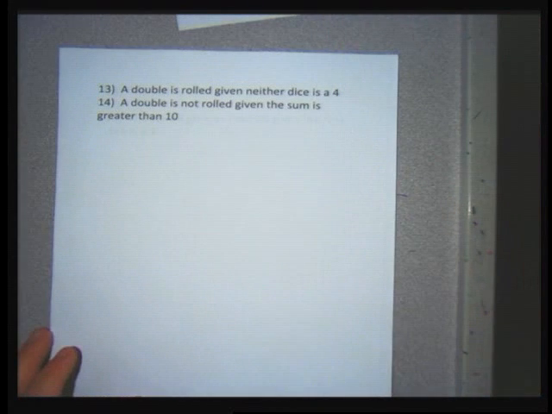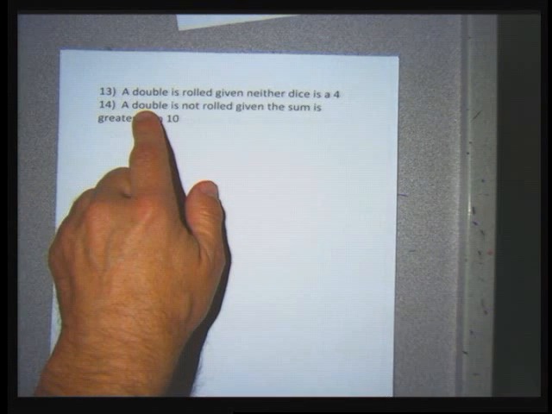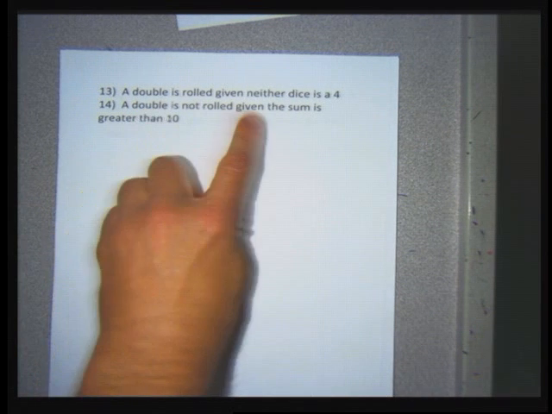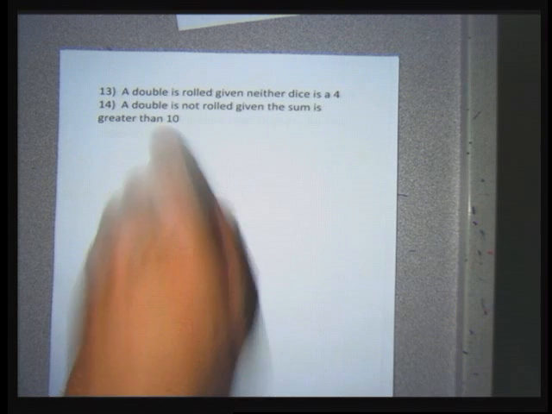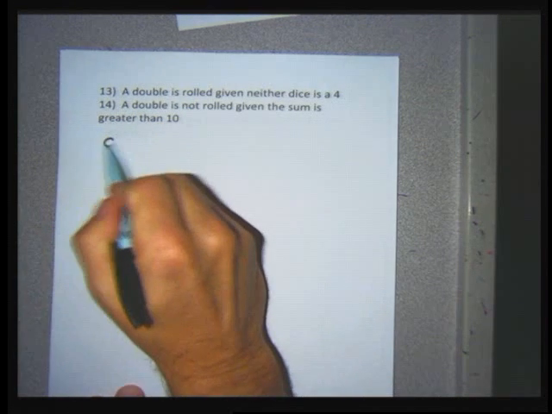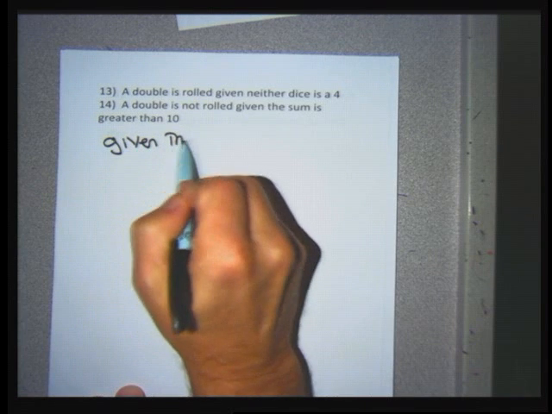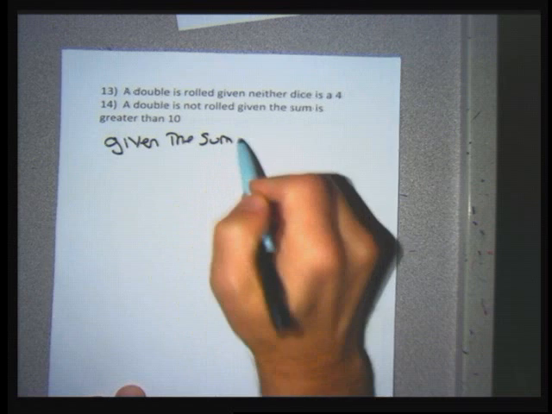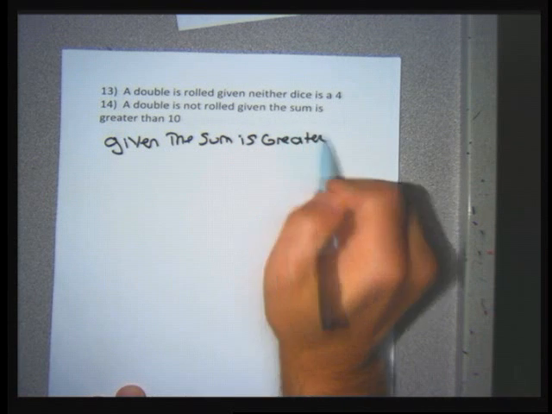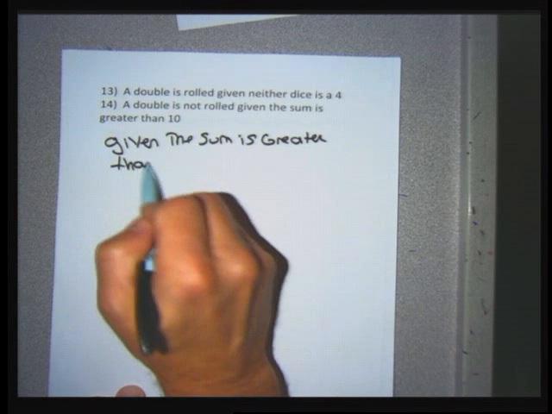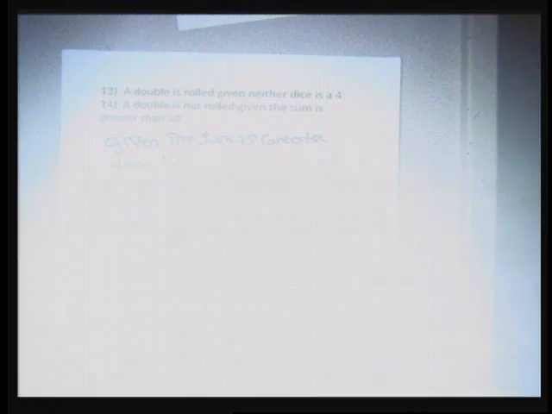So I'm trying to find the probability that a double is not rolled. I can't worry about that until I worry about the given part. And the given part is given the sum is greater than 10. So I need to worry about this first. Given the sum is greater than 10. So I'm going to go through my sample space and find all the ones that have a sum